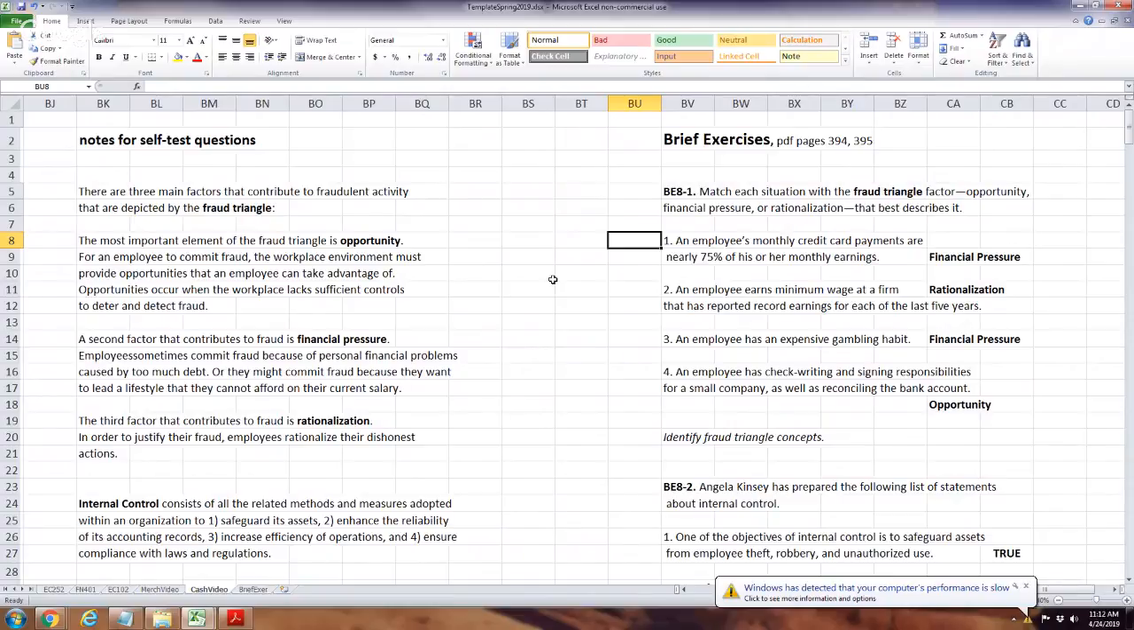And the employee's monthly credit card payments are nearly 75% of his or her monthly earnings. So that's, again, the application to the fraud triangle. That's your own financial pressure, is what that is. Okay, so if you've got that kind of debt,